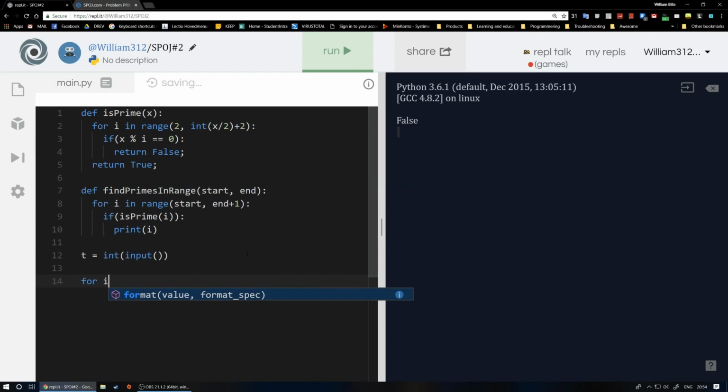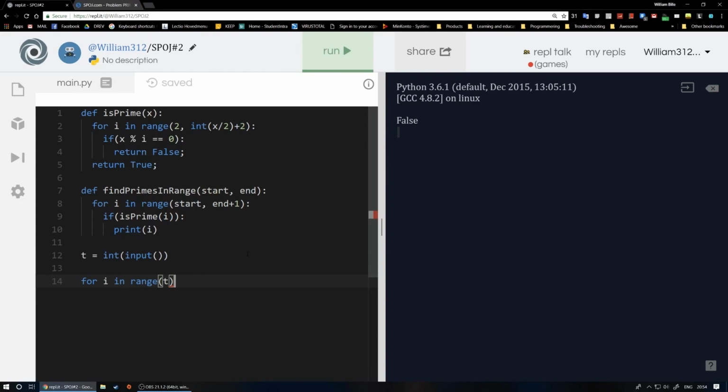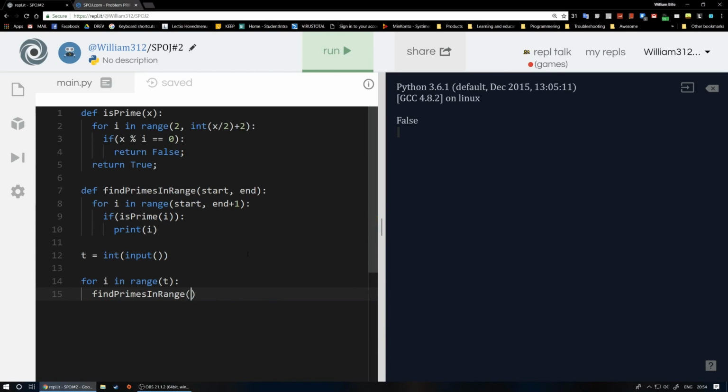And then we'll say for i in range t, it should run this function called find primes, but first of all we are going to get an input. We're going to call the input just like in the other problem,